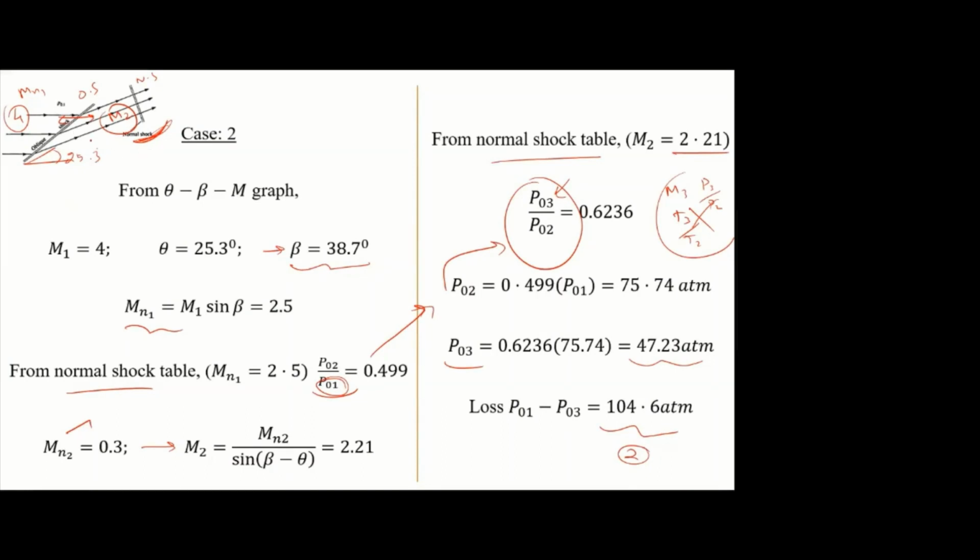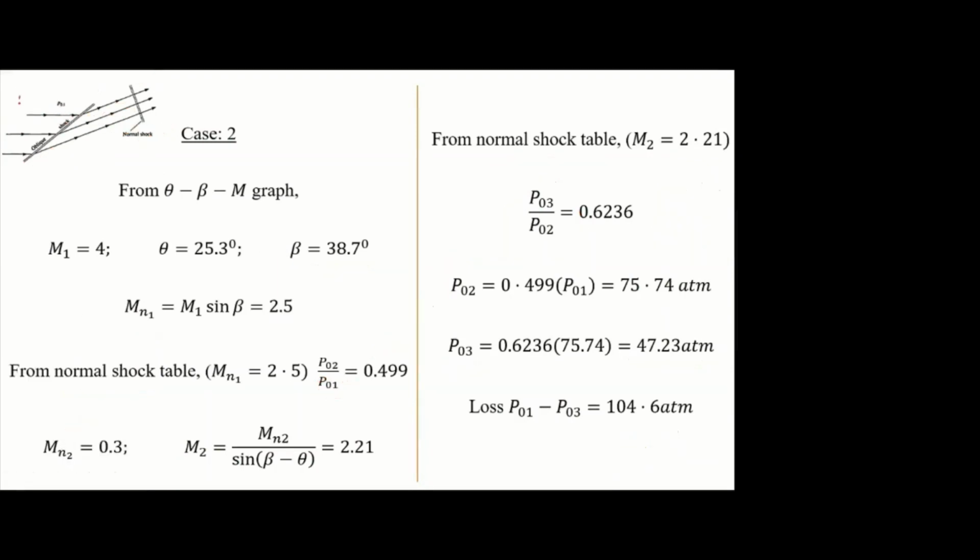Okay, so from M1 you will find Mn1, then you will find Mn2, then you will find M2. Using that M2 you will find M3 or other properties. Okay, don't forget. Now third case,